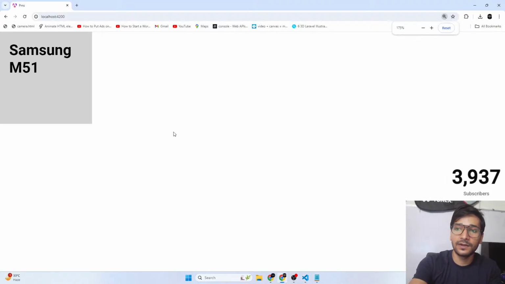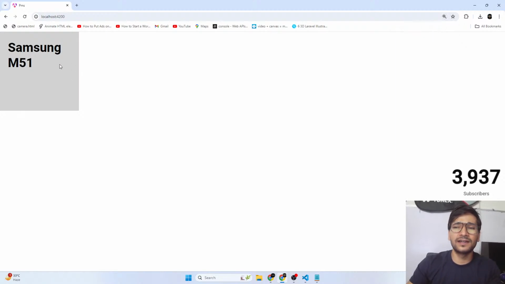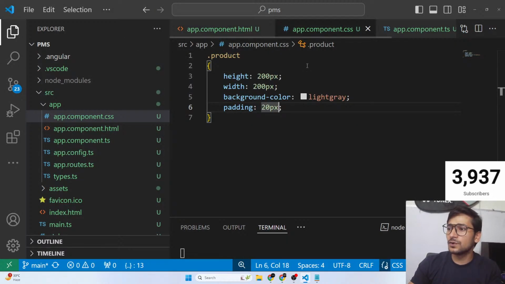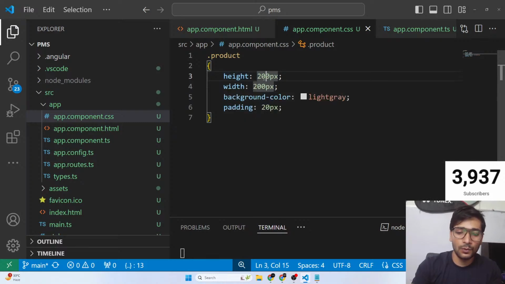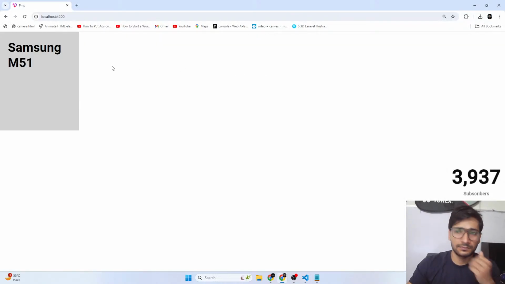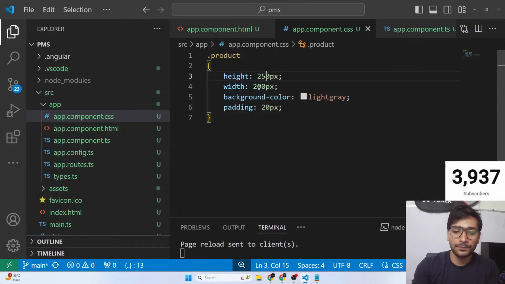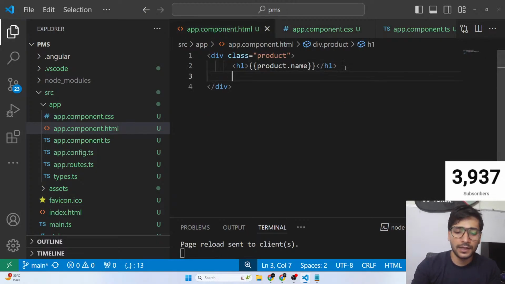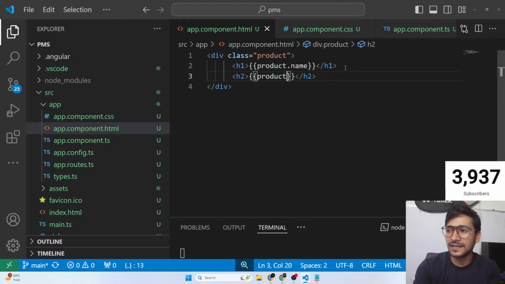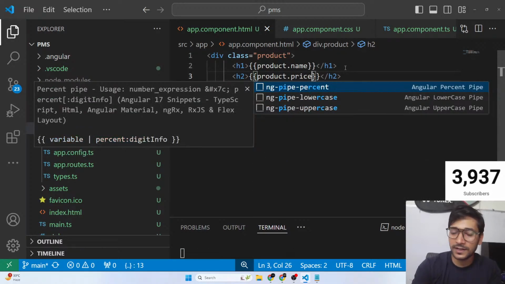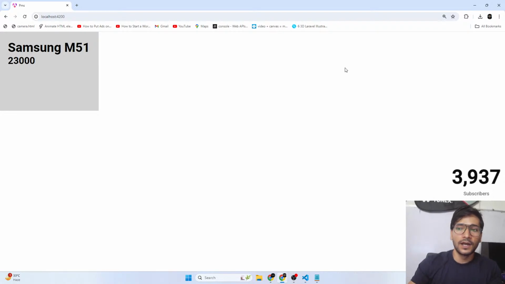I think the font size is quite big. Yeah, and we can increase the width as well. So let's increase the width to, let's say, 250, something like that. Oh, sorry, that was the height. 200. 250. Okay, fine, cool. And let's also display the price here. So inside H2, let's display a price. So much preparation for some basic things, but that's okay for now. I just want you guys to understand it perfectly. Okay, so name and price.